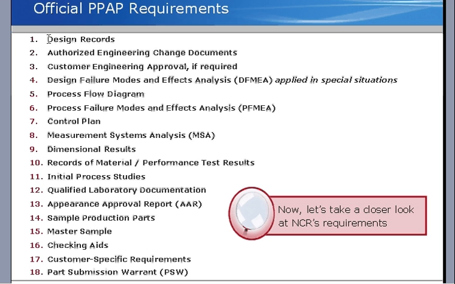For example, the design records, authorized engineering change documents, customer engineering approval if required, and the design failure modes and effects analysis, called DFMEA, applied in special situations, and the process flow diagrams, and also the process failure modes and effects analysis,